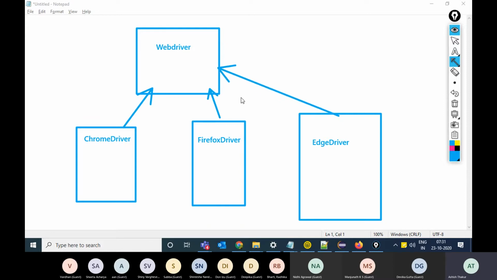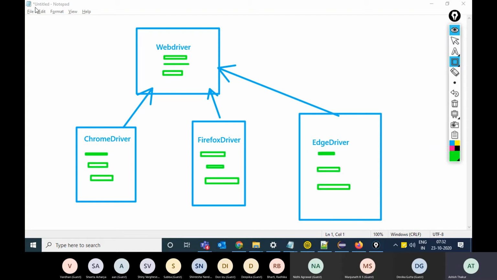This is internally built inside Selenium. So whatever functions are there inside this interface are also there inside these classes. But this thing doesn't solve our problem.